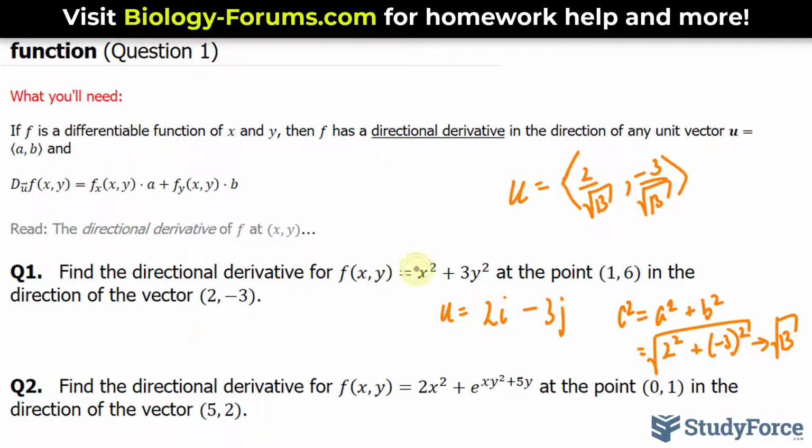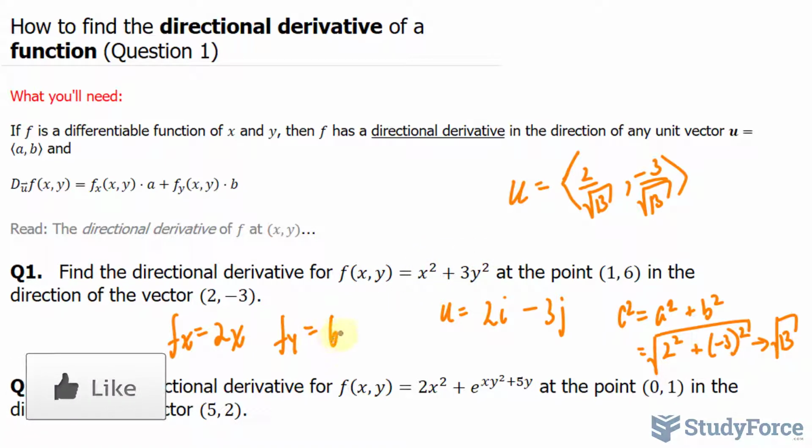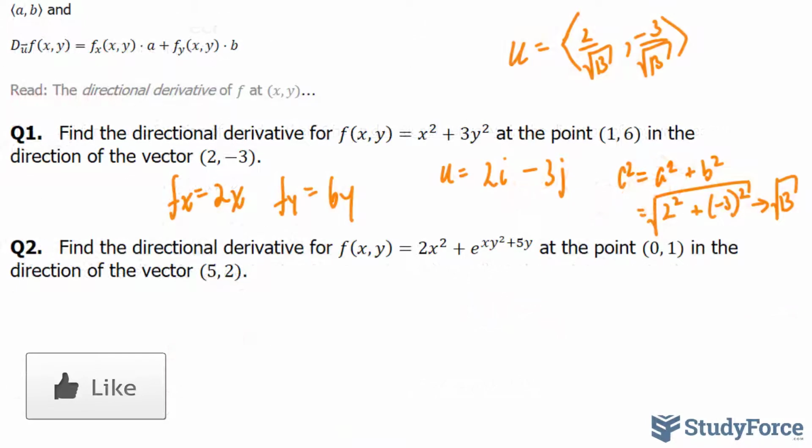So starting over here, this term, we have x squared becomes 2x, and this term doesn't have an x factor, so it's simply a constant. It becomes 0. We will multiply this eventually by a. We'll do that in a moment. The partial derivative with respect to y, we won't worry about this term, has no y, but this becomes 6 times y. According to the formula, what we do next is take 2x and multiply it by 2 over the